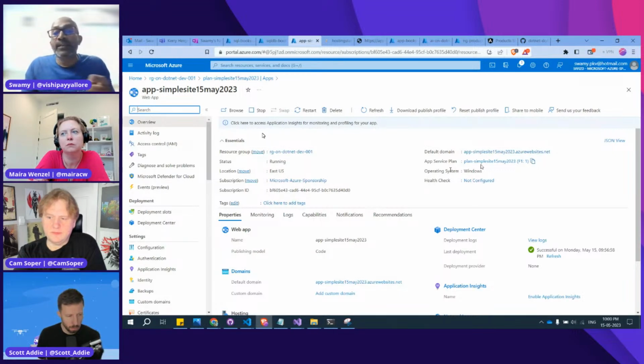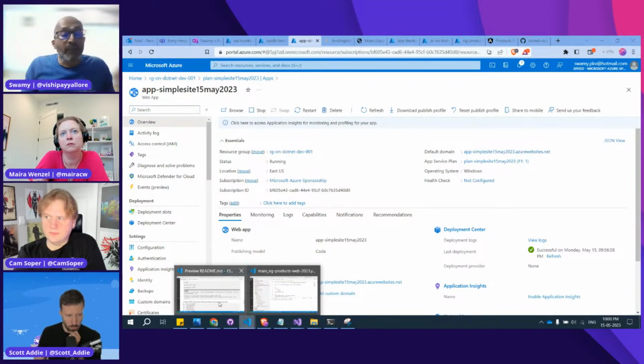You can see this. It created this plan, it hooked up to this plan, and the publishing model is this. And as we have specified HTML, that means it's a static website. Or it's not, I don't want to confuse it with the Azure static website. This is a static application. So that's the reason we are not seeing any of those